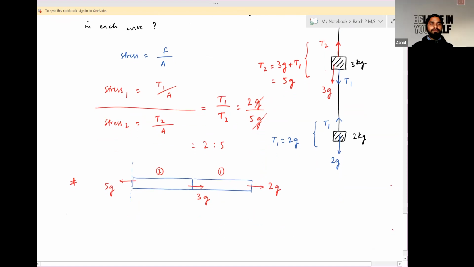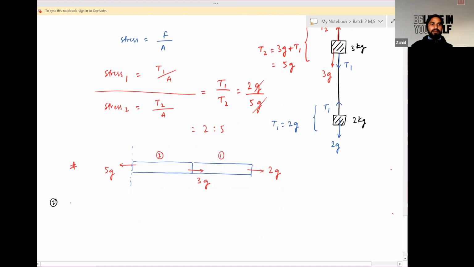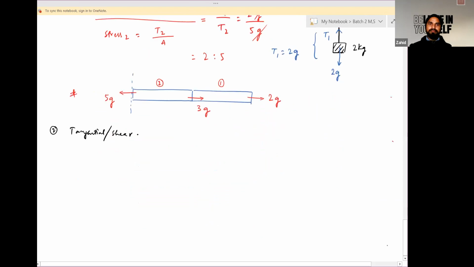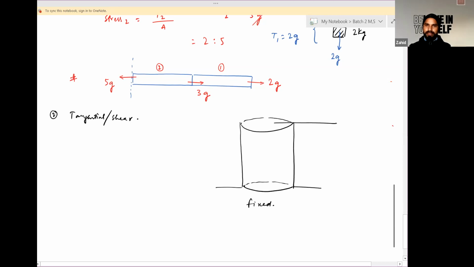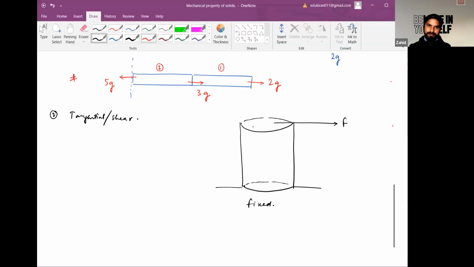Next is tangential or shear. Suppose you have a cylinder whose base is fixed and a tangential force is applied at its top along this direction F, by which it gets slightly deformed